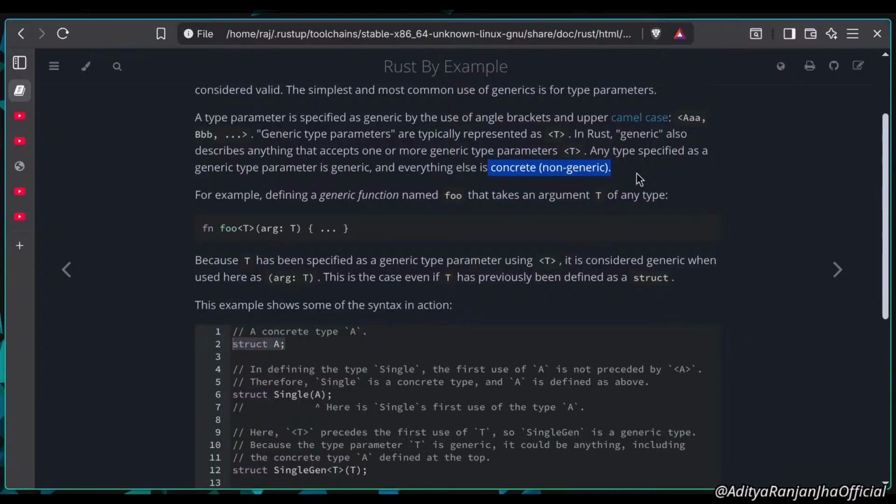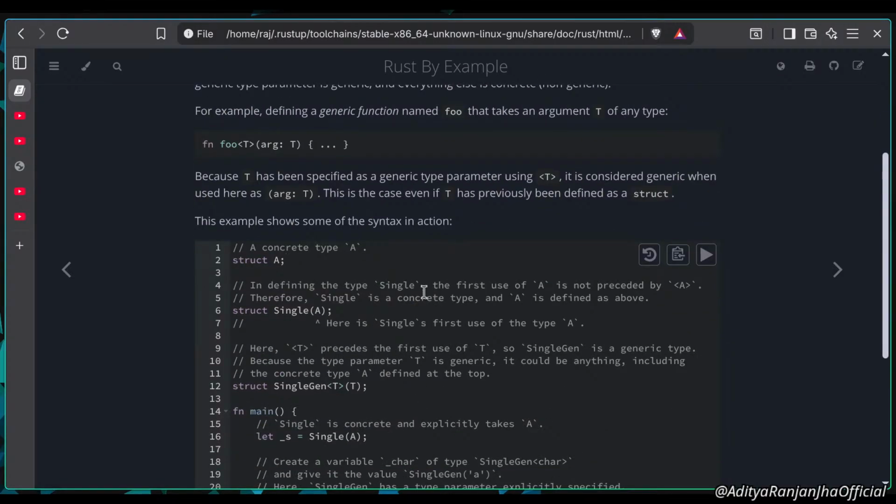So any type specified as a generic type parameter is generic. Everything else is non-generic, which is concrete. So this is not defined as generic, so it is a concrete type. Now the letter says that in defining the type Single, which takes the value of A, and